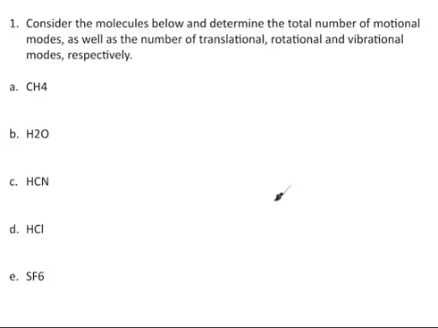Question number 1. Consider the molecules below and determine the total number of motional modes as well as the number of translational, rotational, and vibrational modes respectively. For question A, we have CH4, methane. So to determine the total number of motional modes, all we have to do is use the formula